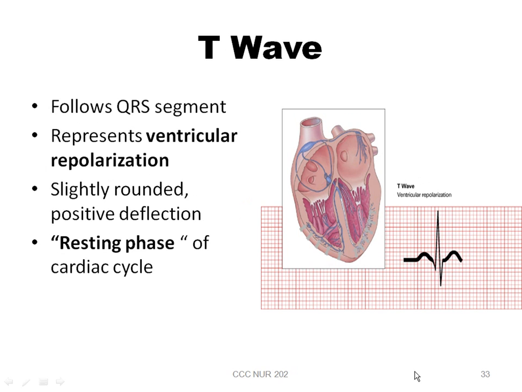Okay. Following the QRS segment, basically we have the T wave, and that T wave represents ventricular repolarization. Should be slightly rounded and a positive deflection. In other words, it should be upright. Okay. Basically, this is the resting phase of the heart. And that T wave